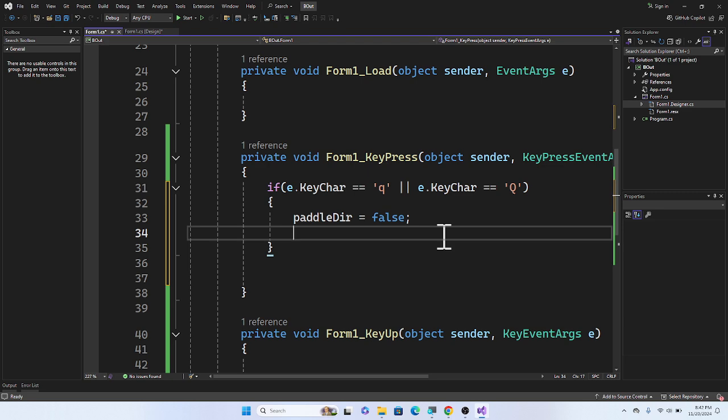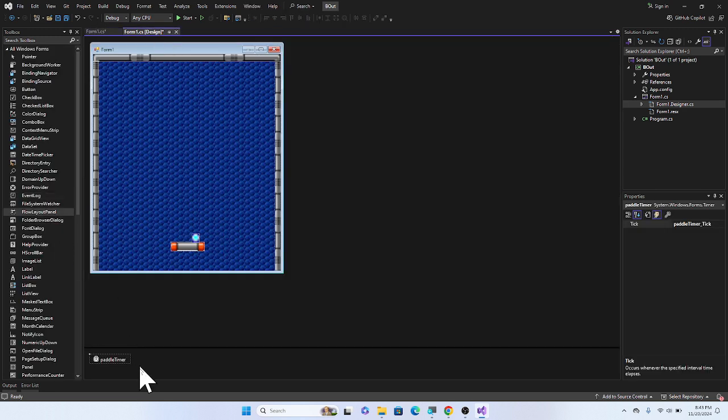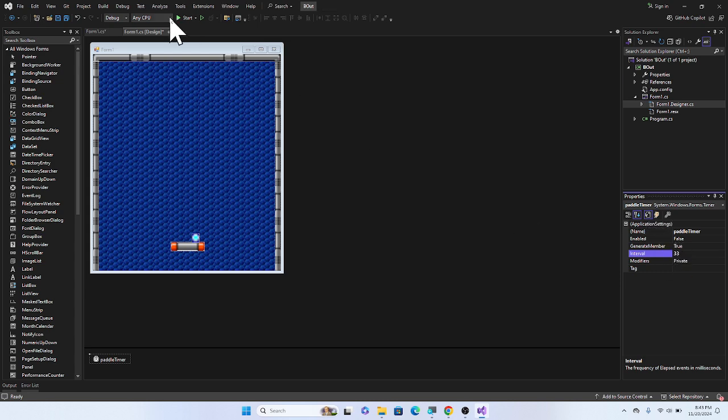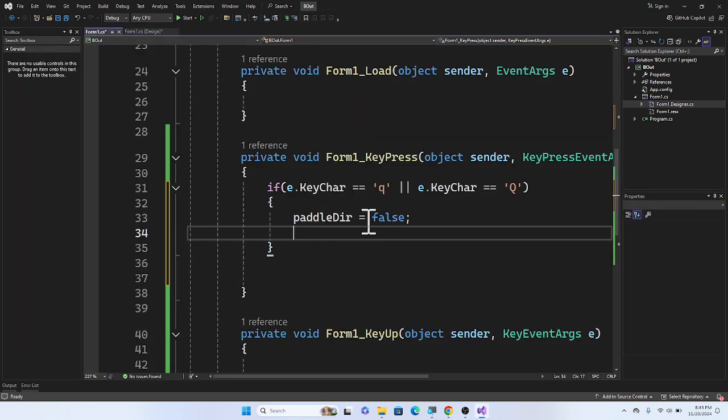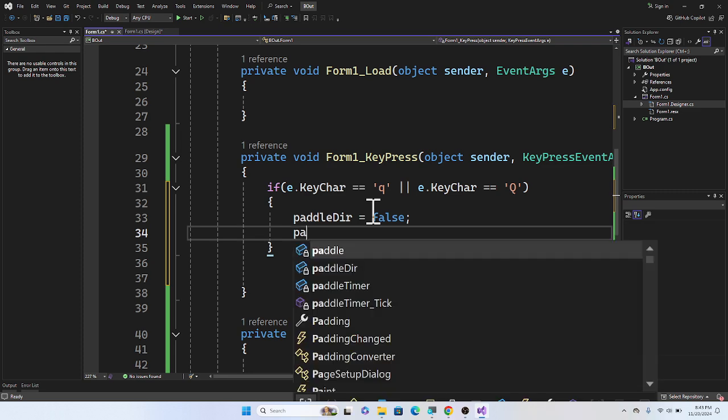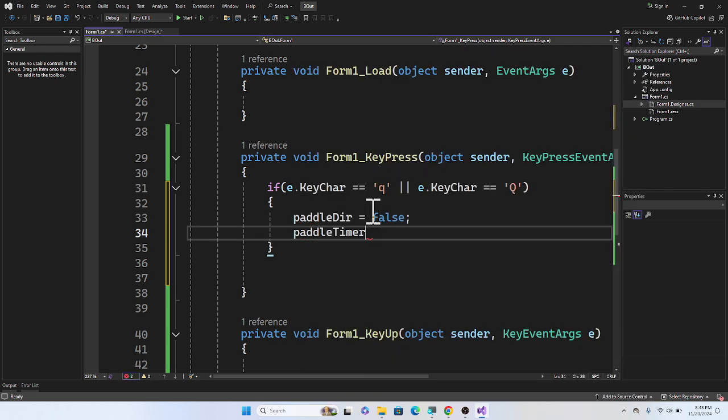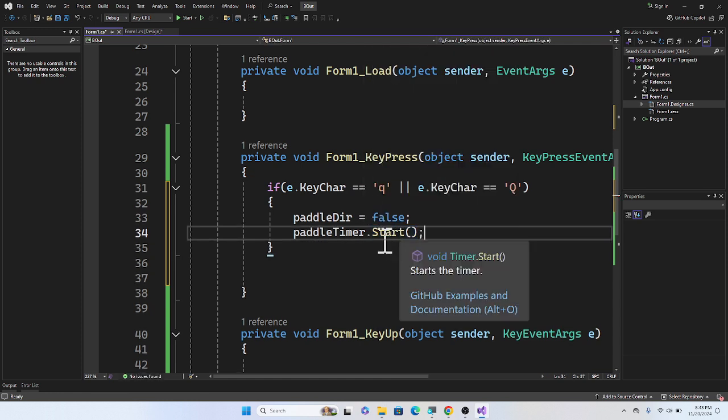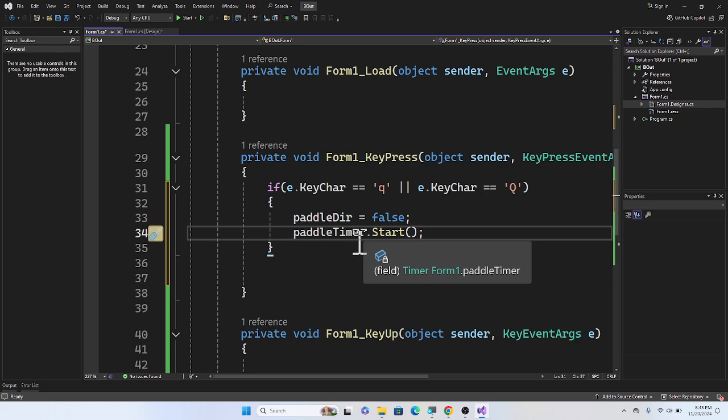add one more line. When we move, we also want to turn on our paddle timer. Currently, our paddle timer is actually off, or at least it should be. So I'm going to go ahead and click on it, and yep, sure enough, enabled is false. So when we click a button, we want to turn on our paddle timer. Paddle timer.start. Something that might be getting a little confusing with this is that we have something called paddle timer,